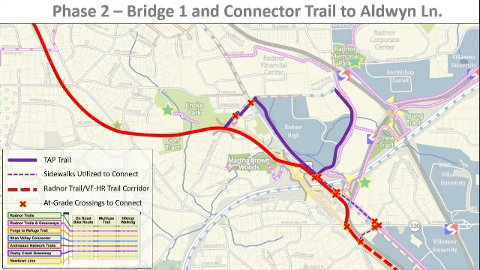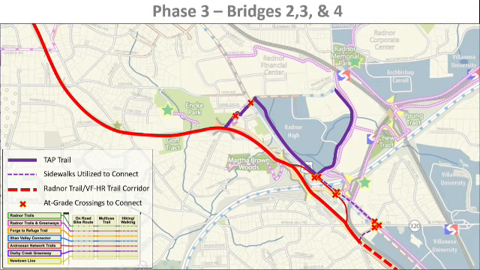What we're looking at after that would be a bridge, first bridge over some of the ramps. That would bring the trail here. You'd still have some grade crossings that would go around, and you can see at Sproul Road go back up to the rail bed and get to Villanova. Finally, what would happen would be a bridge over the Blue Route itself. This then would give you a route that would be completely grade separated.